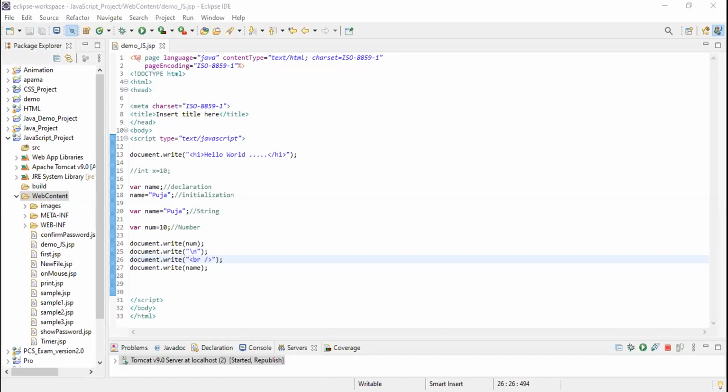Ma'am, here the variables we are using are name and num. If we want to use these two variables in one line, can I write var name comma num is equal to 10? See, variable name has a value, and variable num also has a value.